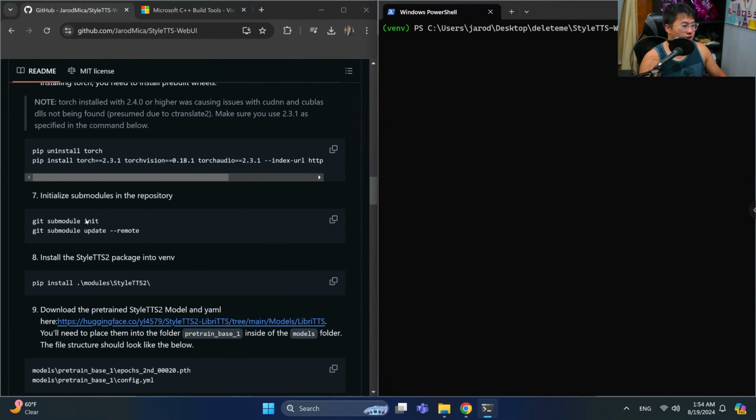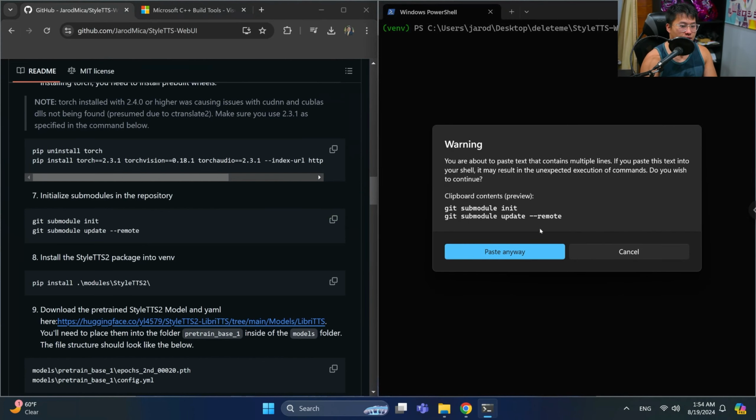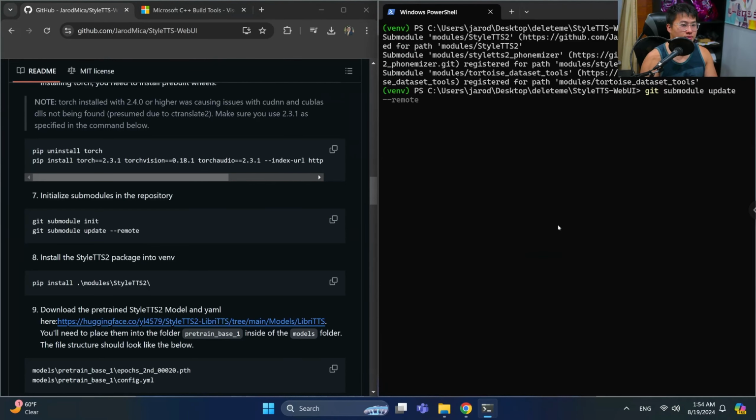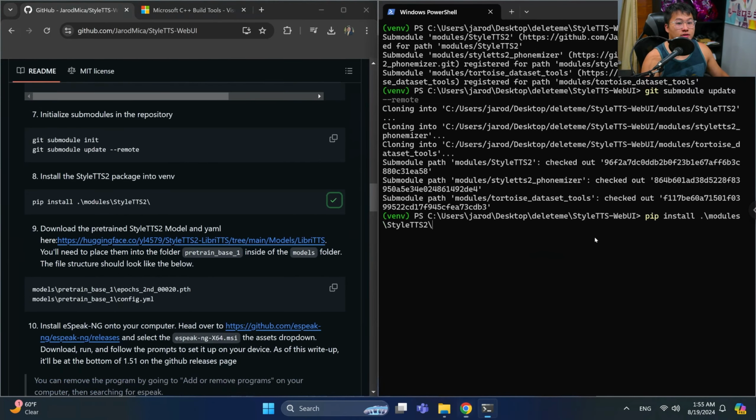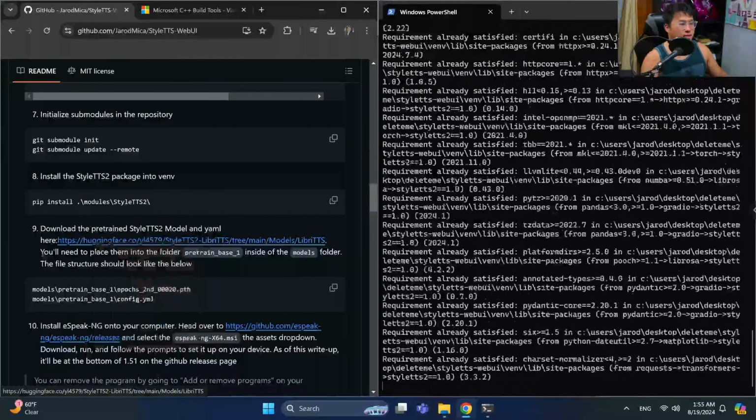All right, so that is finished up. Now go ahead and copy the next one, paste it into the terminal. So this is going to initialize the submodules for the GitHub package, and then we'll install StyleTTS as a library in here as well. So this is going to finish up, and now what we need to do is download